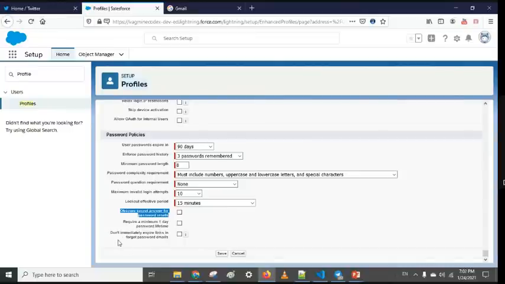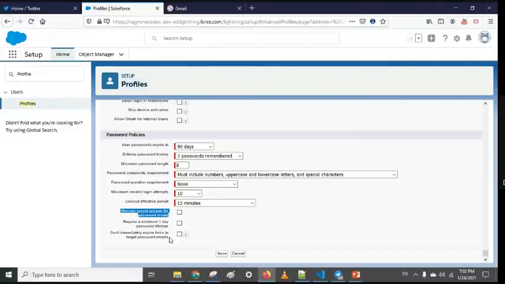Don't immediately expire links in forgot password emails: once an email is sent to the user and they hit the link, by default it will expire, but if you want that link not to expire immediately after it is clicked, you can go with this setting.